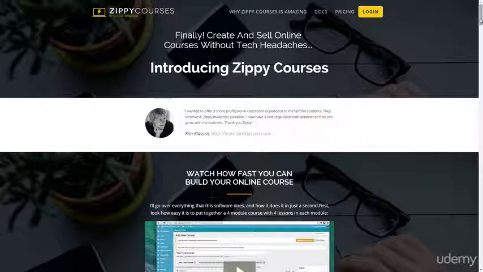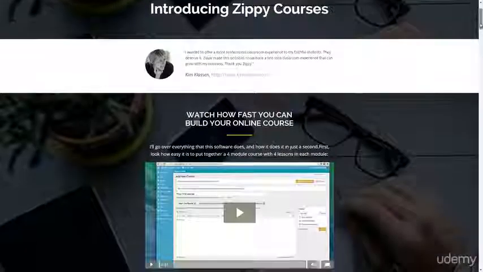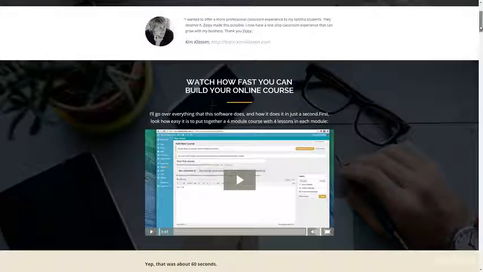with its own domain. You can also set up ZippyCourses so that it's more of something where you have multiple courses inside of one place. So let's say you wanted to teach how to paint, and you had a bunch of different courses on painting. You could basically make one website all about that and then have all the separate courses inside of that